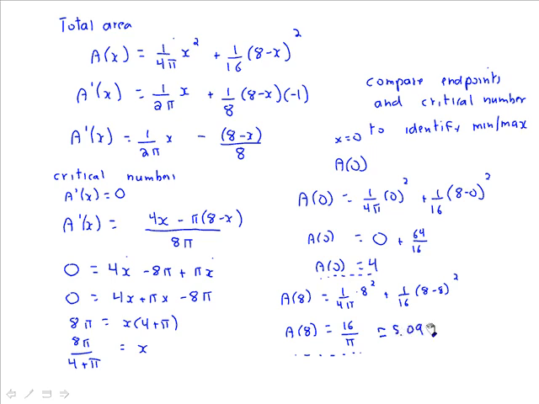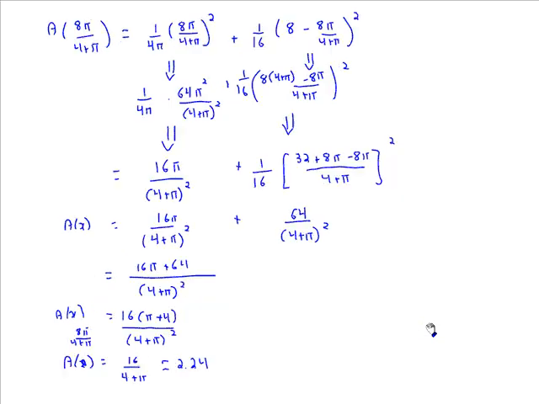A at 0, which is equal to 4, is not the biggest nor the smallest, but the max is going to be 16 over pi, and the min is going to be the 16 over 4 plus pi. So to finish this, this is going to be your min. And then to answer both questions,